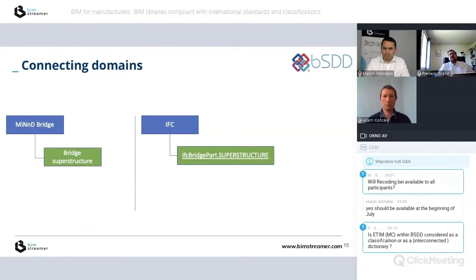And bSDD will just allow you to make the link between, hey, in my Mine dictionary, a bridge superstructure is the same as an IfcBridgePart.superstructure. So whatever the way I'm entering bSDD, searching for information about a superstructure of a bridge, I will know that this is the IFC definition. And in the Mine dictionary, I will find more information about, for example, technical properties for this bridge. So that's the way we will have a first connection. So let's say that's an easy way, but